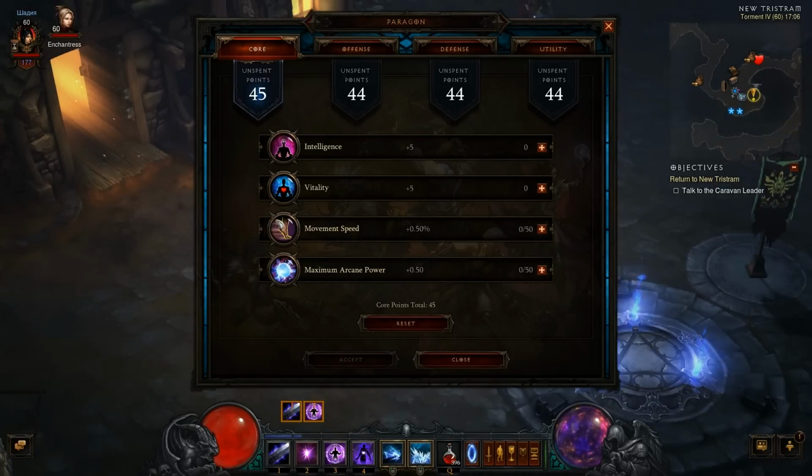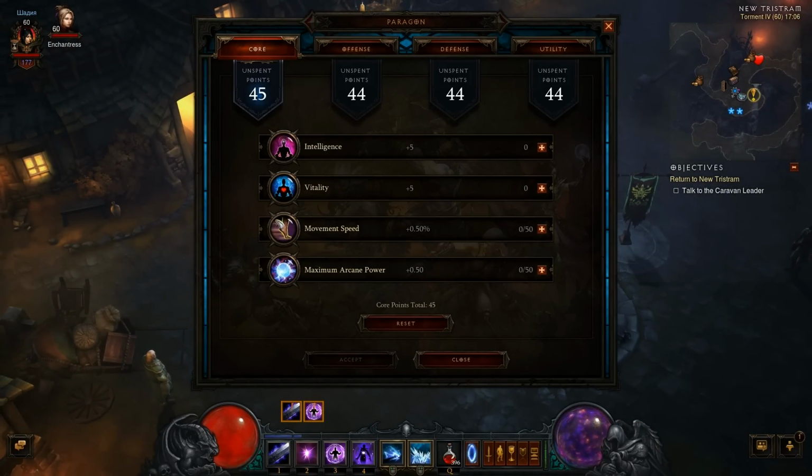And the Paragon. So using my Paragon, I can now boost... What can I boost? I can boost maximum arcane power. I can boost movement speed. Both of them like for...